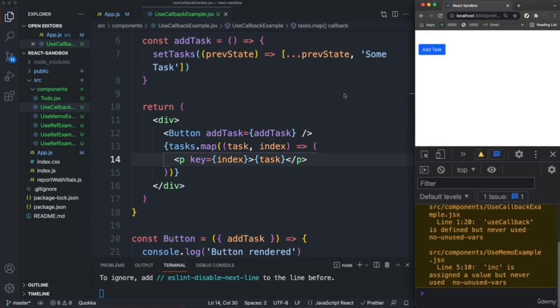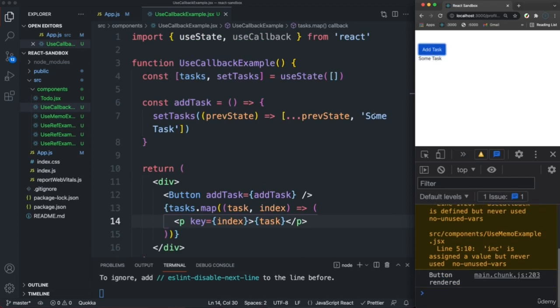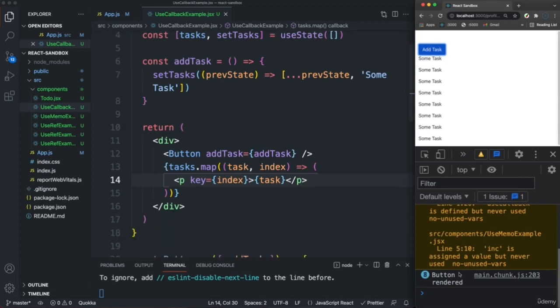If I clear it, we start off with an empty array. I click this, we get some task gets added because we call this function. Click it again, and you can see the button continues to be rendered down here. Now,